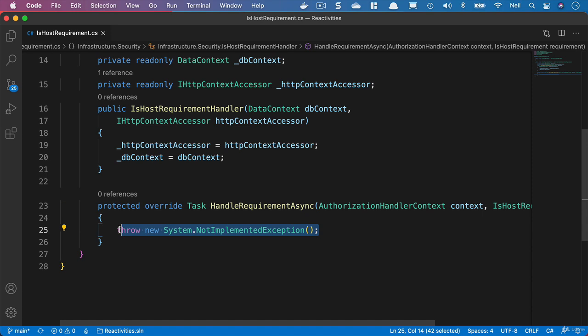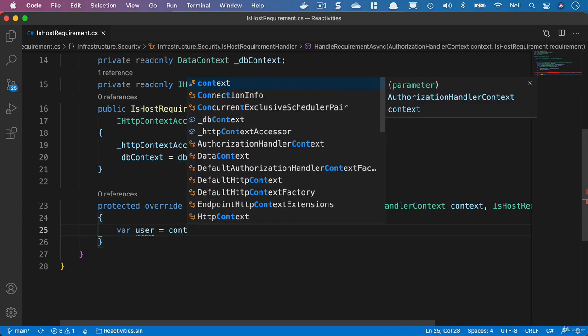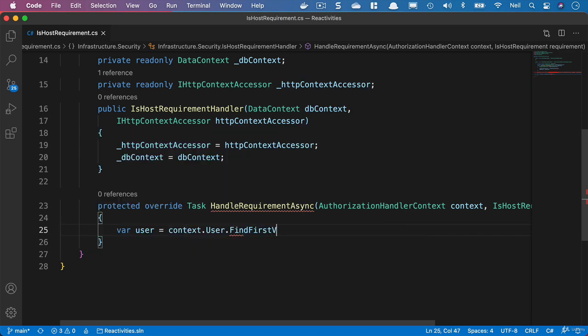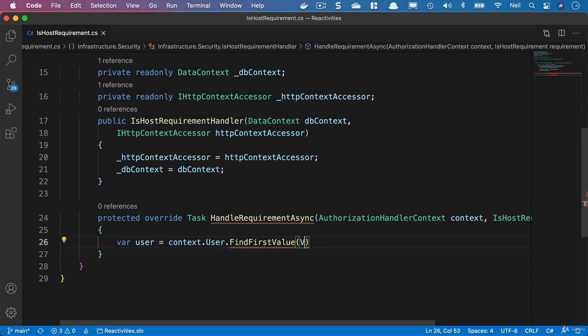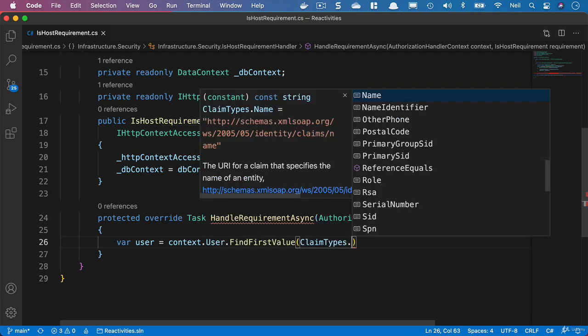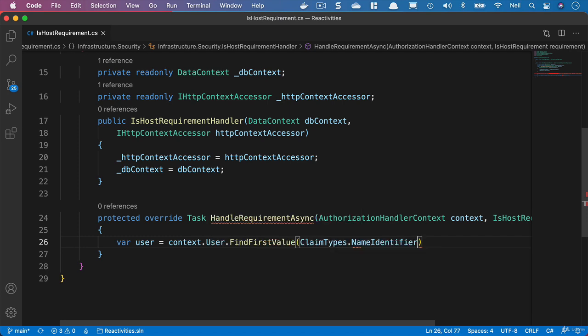But let's take a look at what we're actually going to be doing here. So the first thing we want to do is get our user ID. So we can get that from our authorization handler context. So we'll say var user equals context, and we've got access to our claims principal, the user object that we've used before. And what we'll use is FindFirstValue. Once again, we've used this before as well. And we'll bring in System.Security.Claims. And then we can say ClaimTypes.NameIdentifier, and we're going to look for the name identifier,